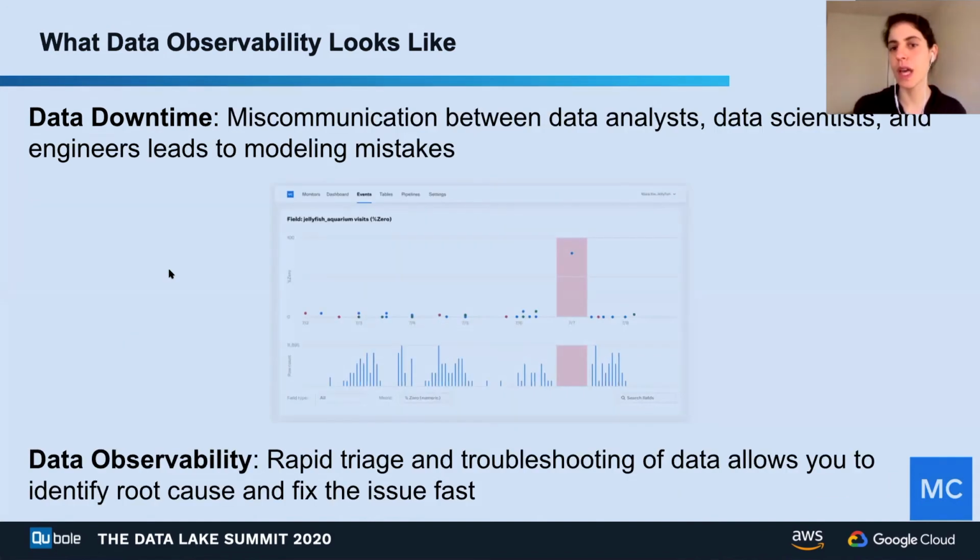The last example that I'll talk through here, by the way, these are just a couple. The list really goes on, and I'd love to hear some of your best tales of bad data during the Q&A and maybe offline.